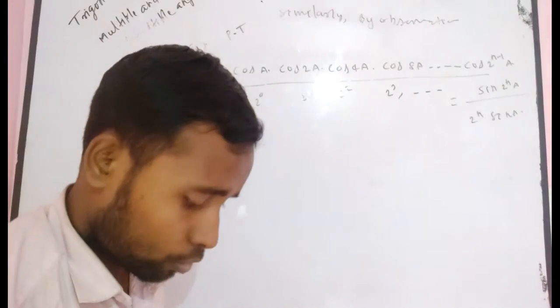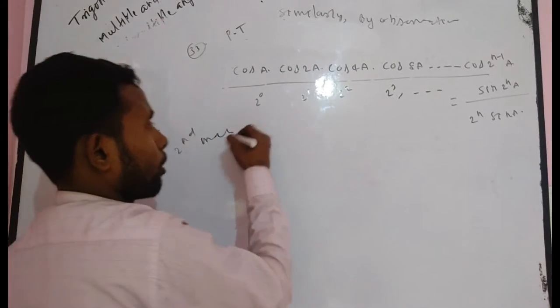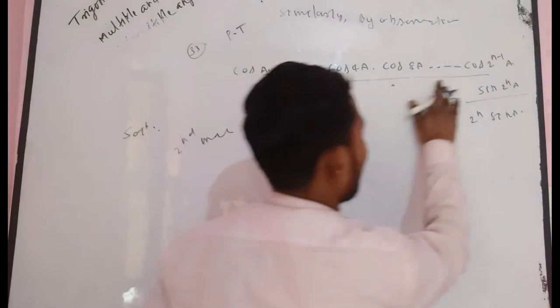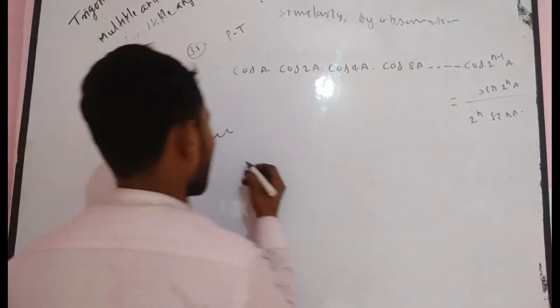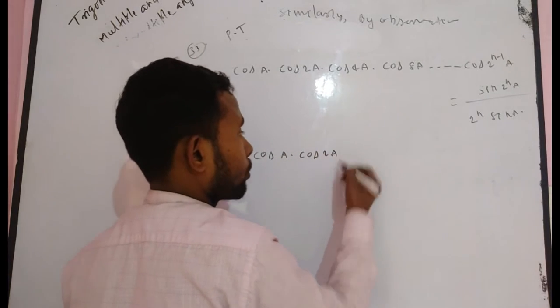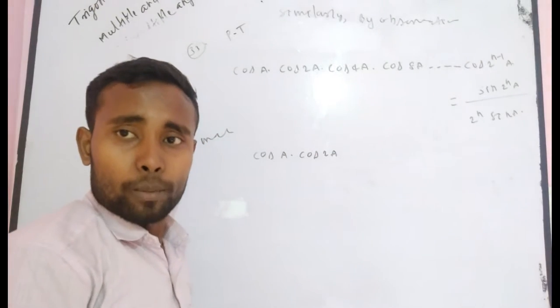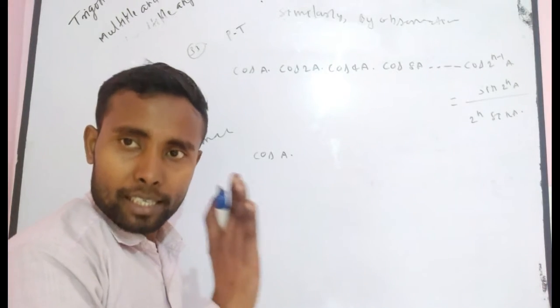Be careful. You can see again the second way, because there is nothing in this problem. Sometimes students are afraid to see this problem, but I think that there is nothing. Suppose that I take only 2 terms, cos A into cos 2A. Only 2 terms. Or suppose that I take only a single term, cos A.